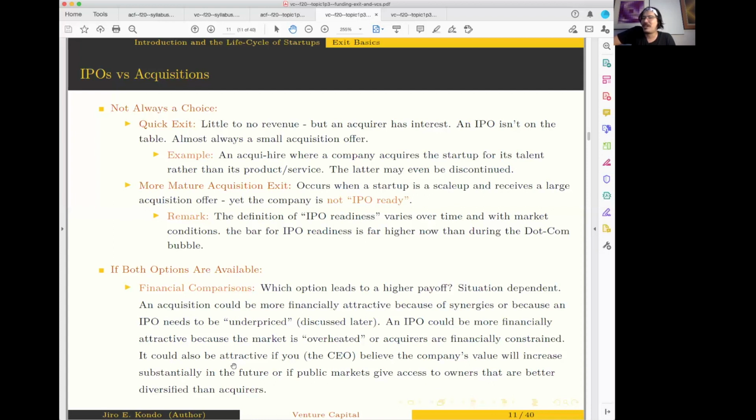And you know, it also could be not mispricing, but just differential belief. If you are super optimistic about the future and the market, and both acquirers and public markets don't have the same optimism that you do, well then by all means sell as little of the company as you need to. So do the IPO, because it's a partial sale as opposed to a complete sale, right? That's another thing that could govern the financial consideration. Right? So I might be more willing to sell 10% of my company at a $1 billion valuation if I think it's worth $2 billion than to sell 100% of the company at a $1.1 billion valuation, right?